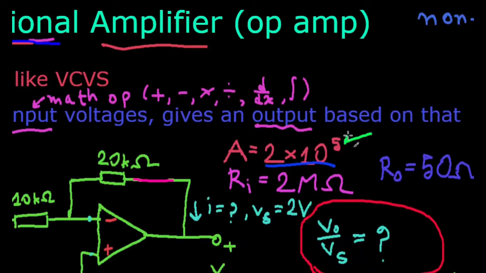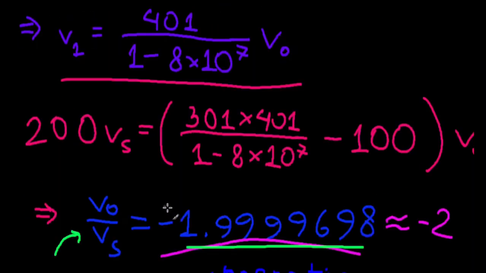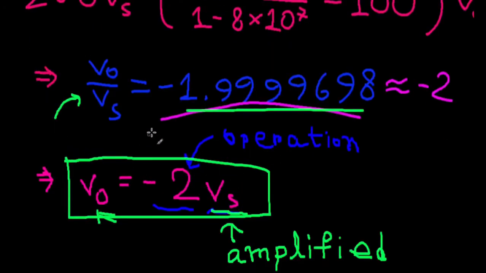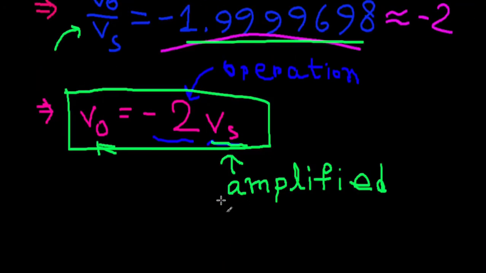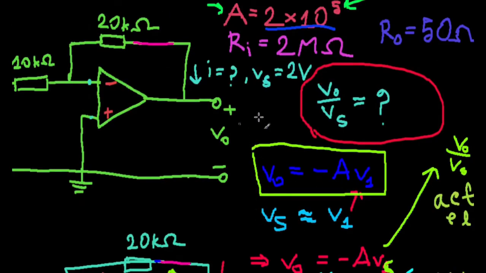It's not dependent on the open loop voltage gain. You can try to redo the problem yourself with any large value of A, like this one. You're going to get more or less the same answer here. That's one thing. And the other is, unlike before, where the range of Vs that we're allowed to use was pointlessly narrow,